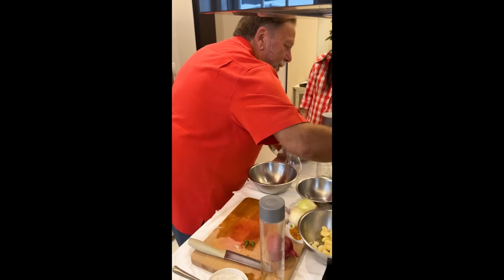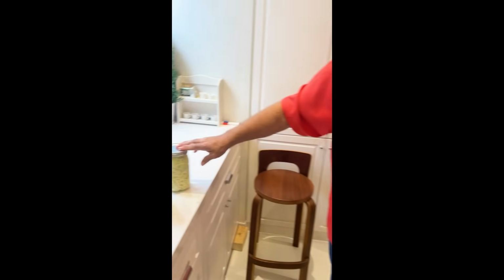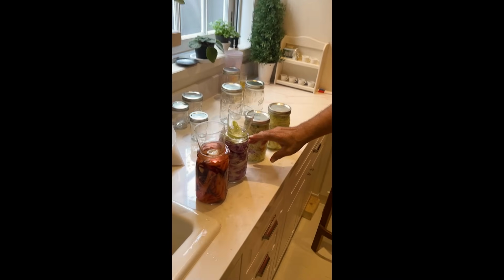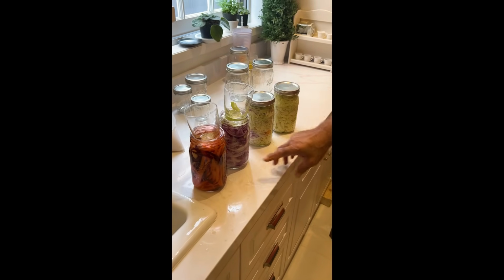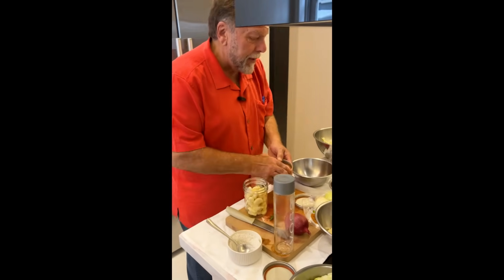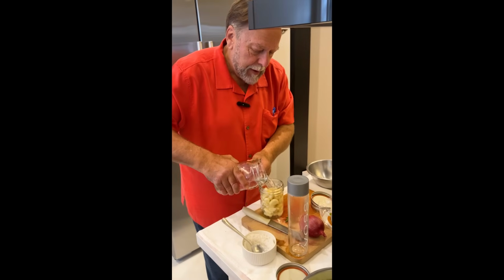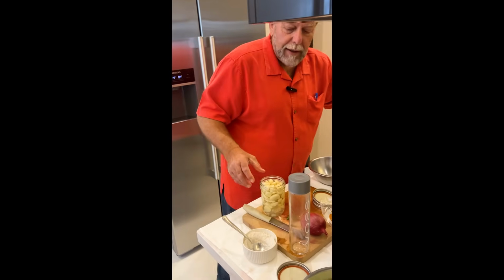And so with this stuff, it's all set, and you can get as creative as you want. So we have just straight cabbage, peppers, garlic, and onions. We've got onions that are fermenting. We've got garlic, beets, and carrots. And you can do whatever you want. If you just have straight garlic, you can do the straight brine and have brine garlic. And this is the salt water that Jen so magically did. And then if we had another glass,